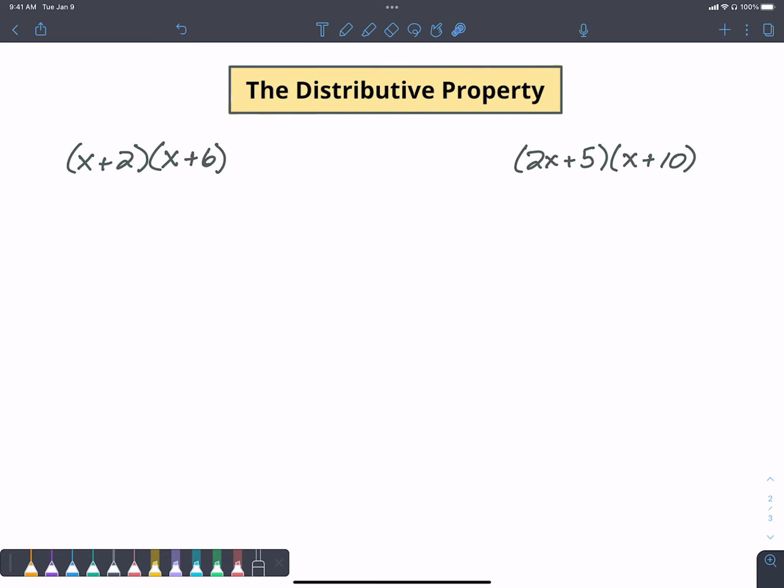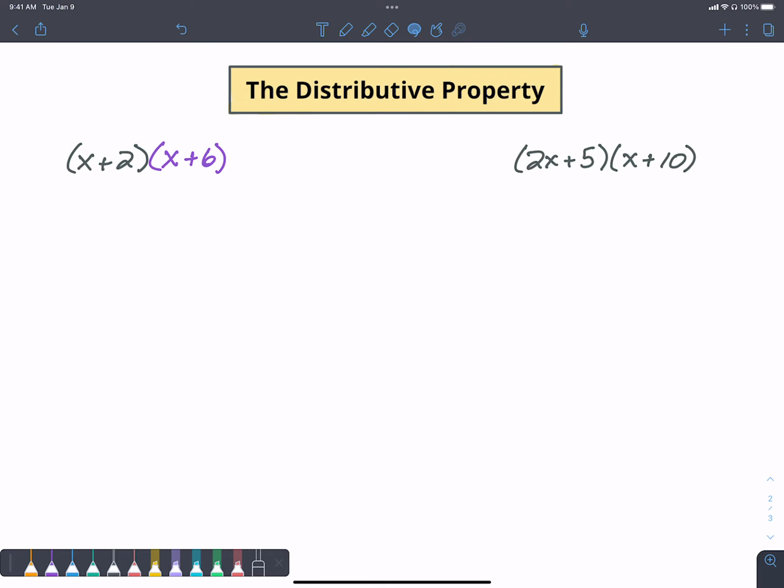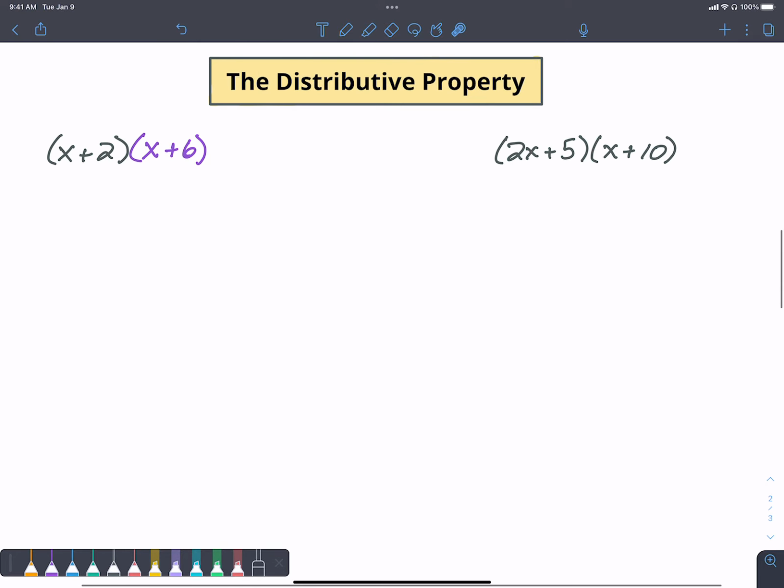So maybe we change the color of this one here. Let's change this to purple. There we go. Oh, I got one too many. Let's change this back to black. And all right, so we're going to take this x, and whoopsies, lost our work there. So we're going to have x times x plus 6. And then we're going to take plus 2